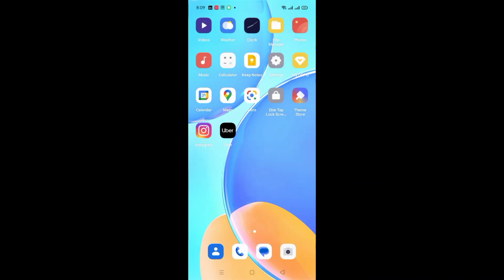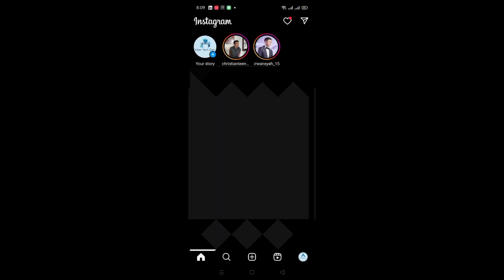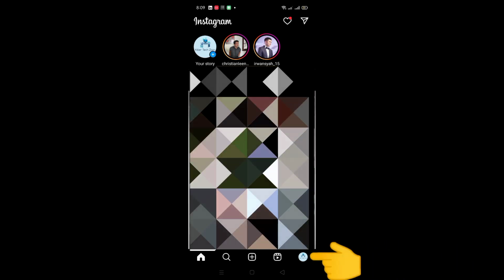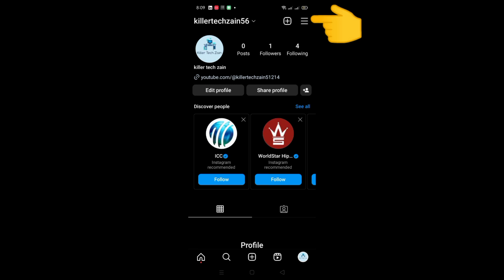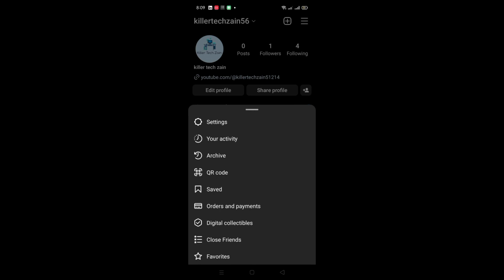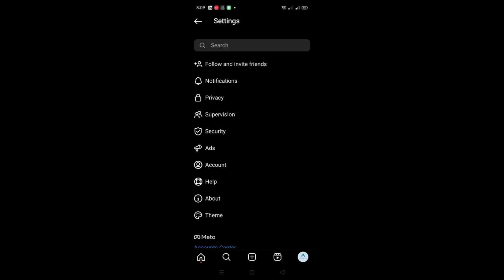First of all, you need to open your Instagram application. Open it, and then you can simply click here on your profile. And this is my fake account. And then you can simply click here on three lines. And then you can simply click here on settings, and then you can see this type of interface, and you